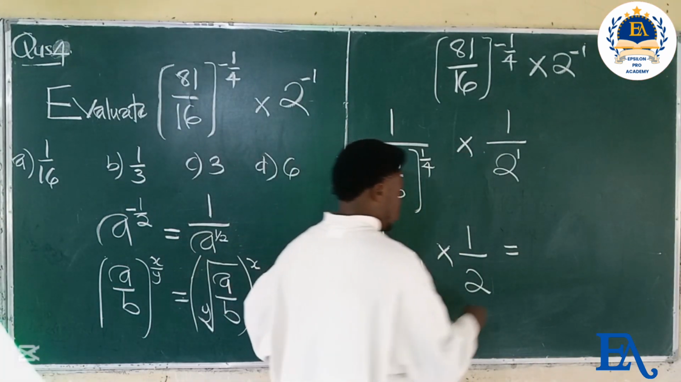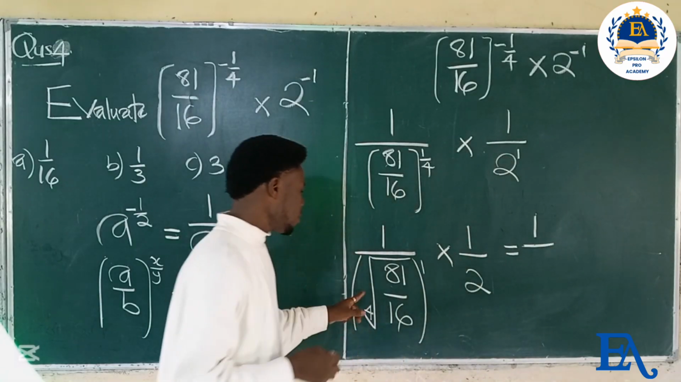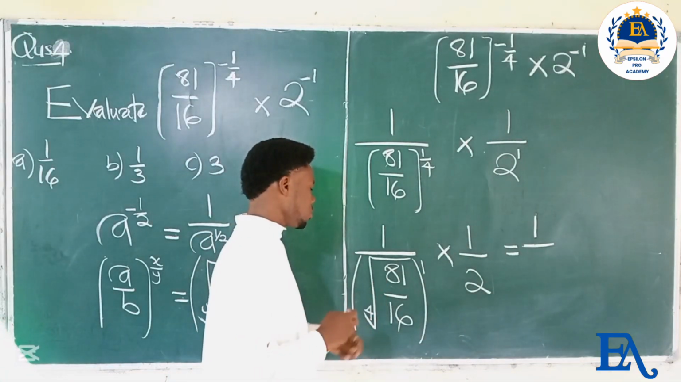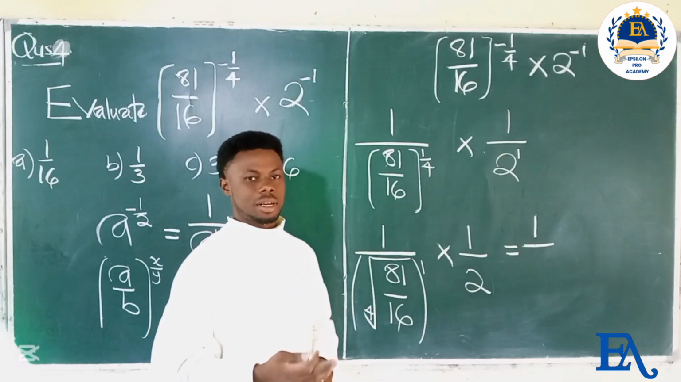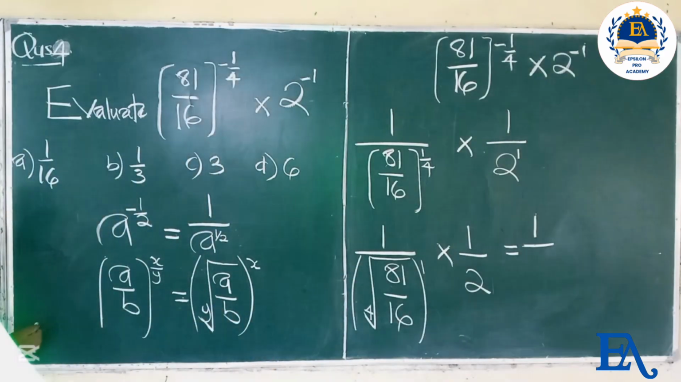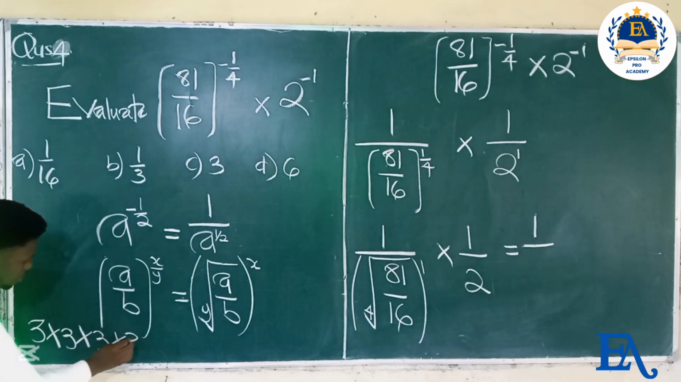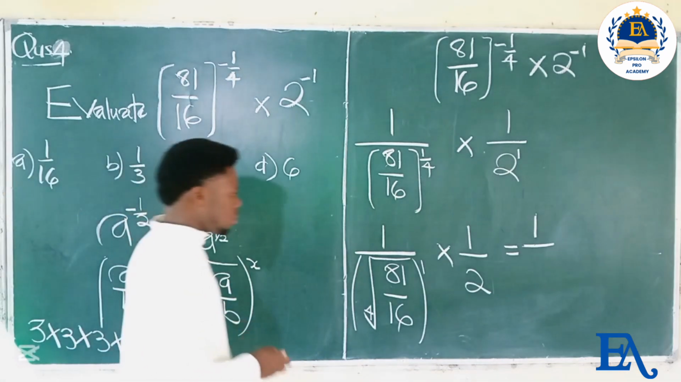From this point, we have 1 all over the 4th root of 81, which is 3, because 3 times 3 times 3 times 3 gives 81. 3 into 4 places. That is the 4th root of 81. 3 times 3 is 9. 9 times 3 is 27. And 27 times 3 gives 81. So